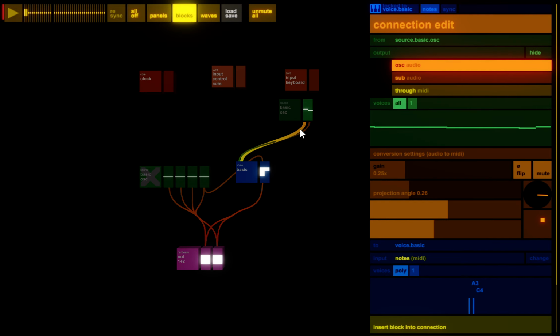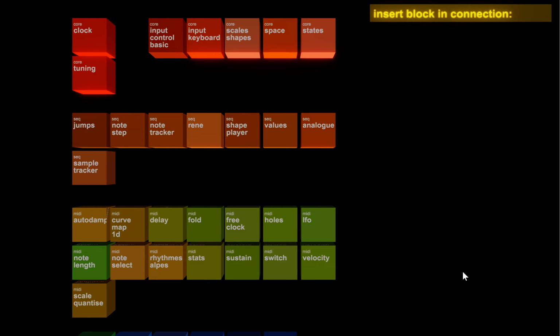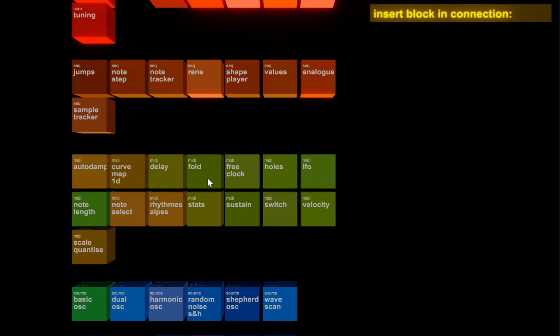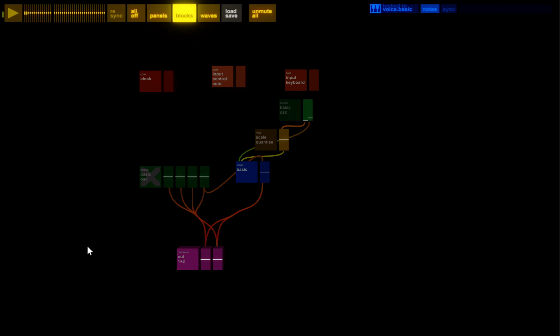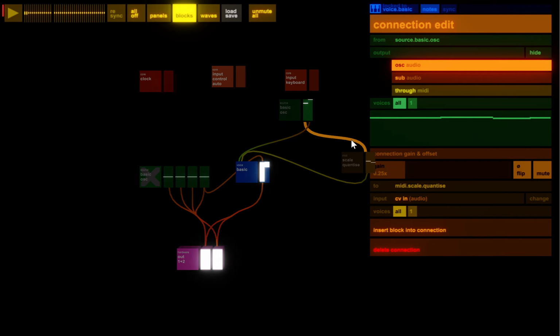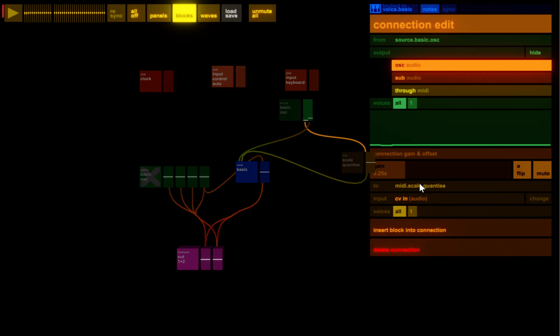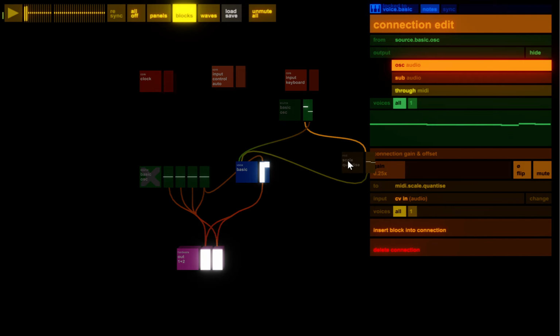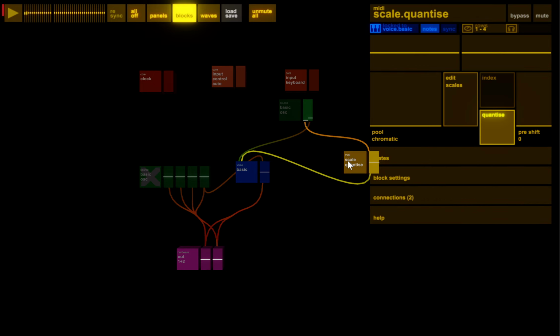A useful thing, for example, right, let's insert, here you've got insert into this connection. Let's add scale contours. Which isn't any different because I haven't defined a scale.